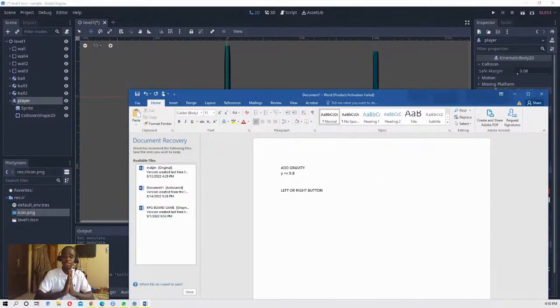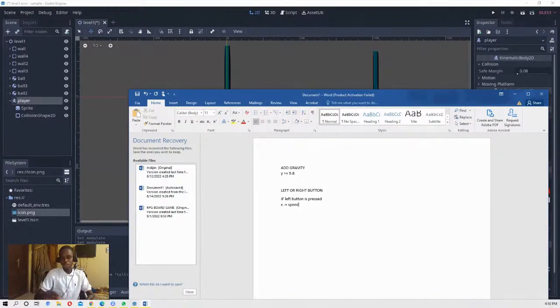We can use a conditional statement. I hope you have some programming knowledge: conditional statements like if, if else, else statements. I'm just using English here: if the left button is pressed, we add force to the left side. As we said in the graph, left on the x-axis is minus, so it will be x minus equals